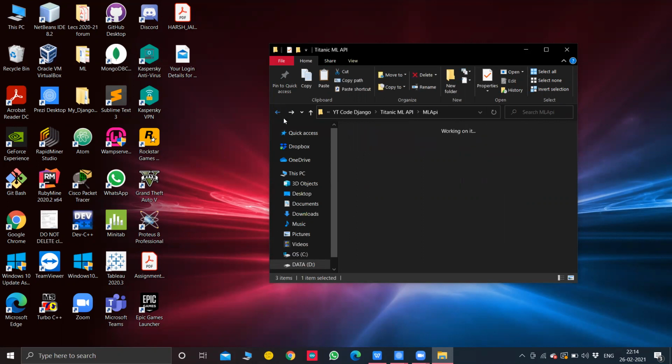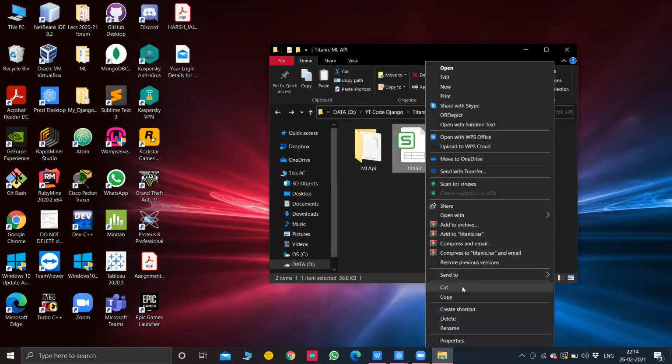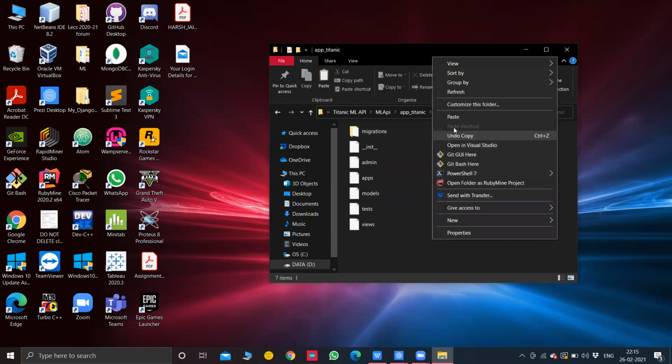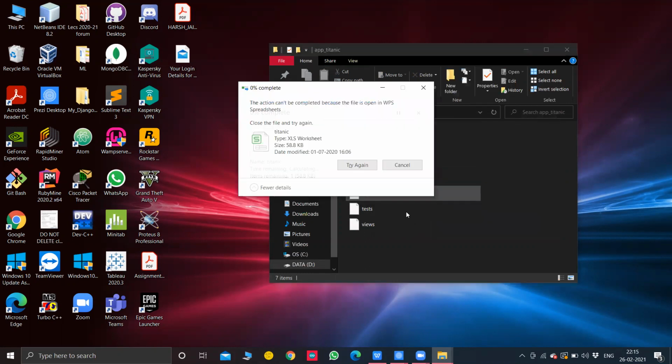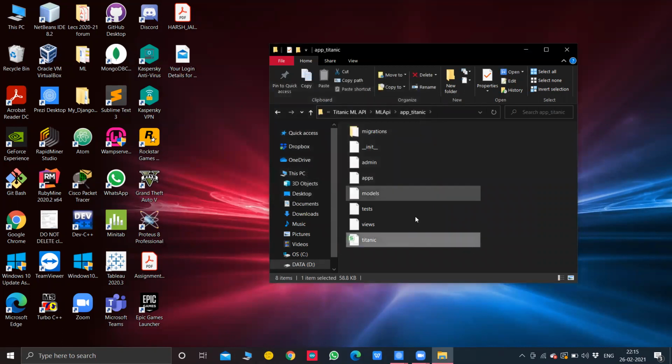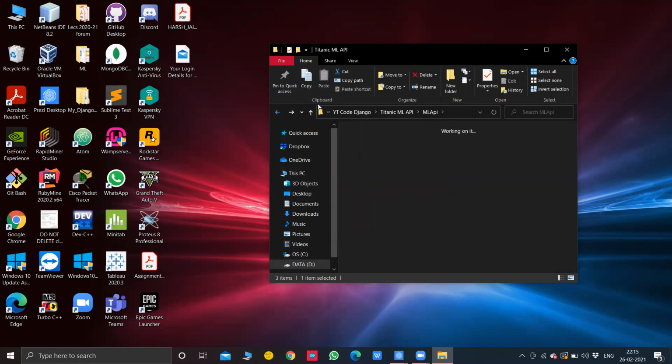The only thing I would like you to do first is put this data set inside the application directory. I'll just paste it here because we'll have to use it. Okay, it's open somewhere, so I'll close it first. I've closed it. I've put my Titanic file, the data set, here. And now I will open this full project in Atom by just dragging it, as I showed you.